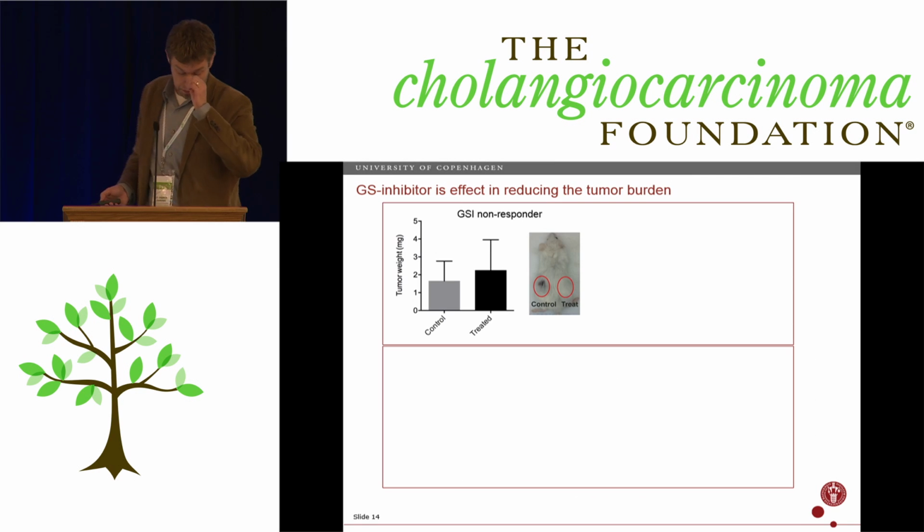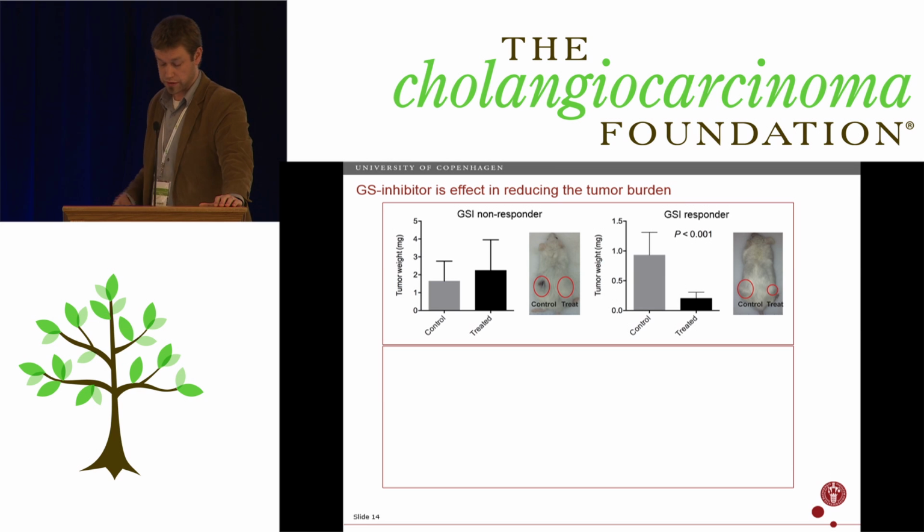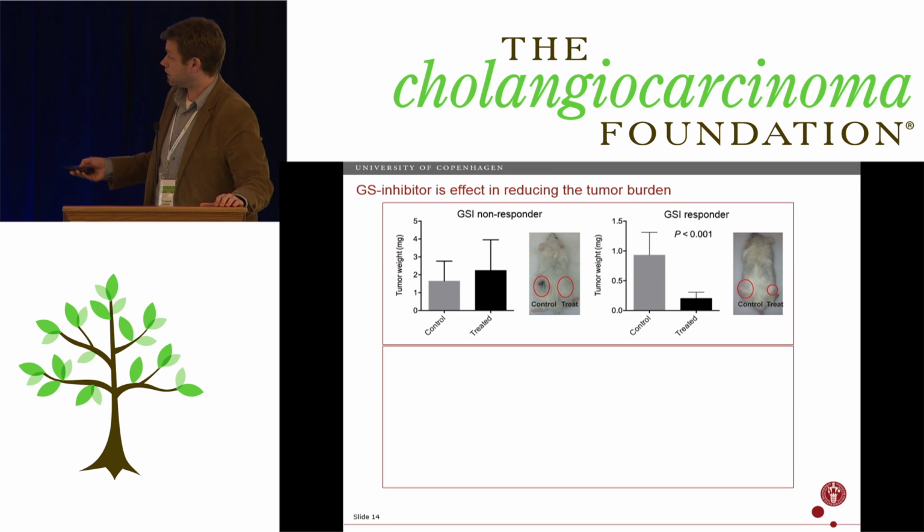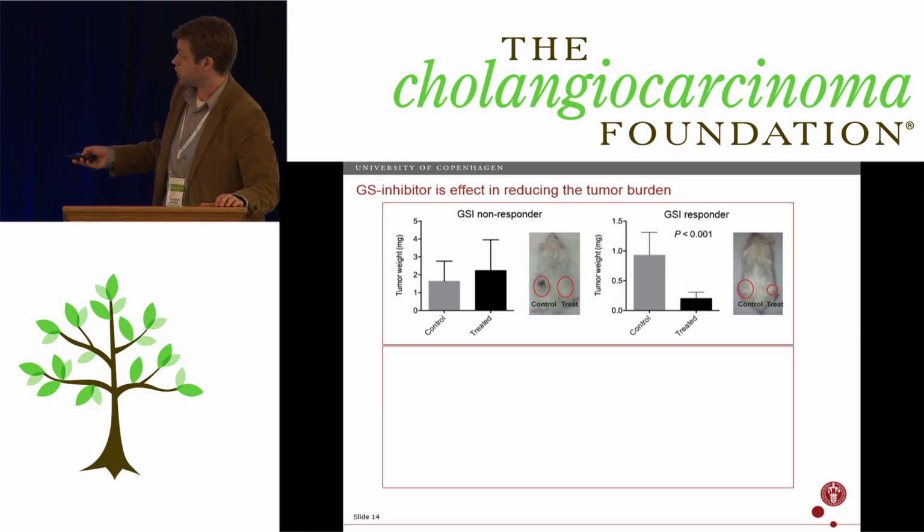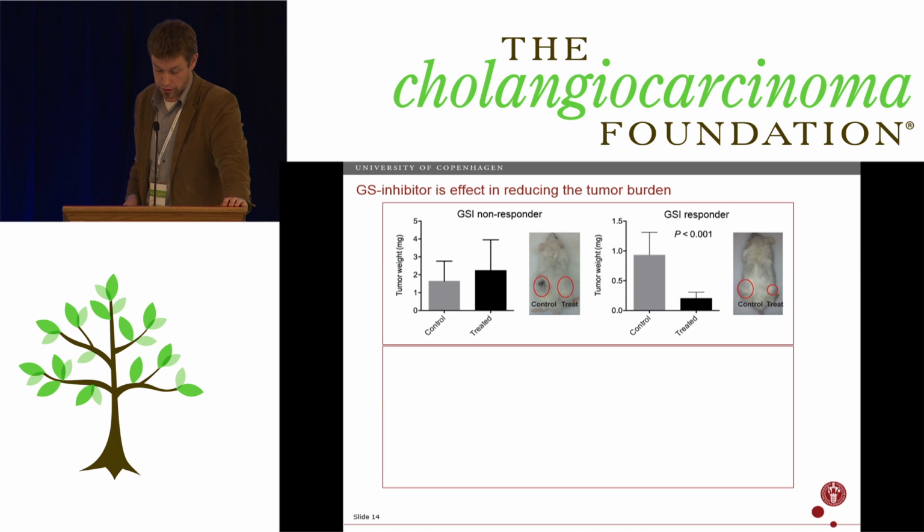So we made a mouse out of this, basically just xenotransplantation. As I said, I'm not a mouse geneticist. And we chose gamma secretase non-responder or resistant cell line from the previous screen, as well as a gamma secretase responder cell line, and transplanted the cells, both control, meaning not treated in one flank and treated in the other flank, and the same thing for the responder. Control is not treated, and treated is on the opposite flank. So matched in the same mouse, and then multiple mice, of course.